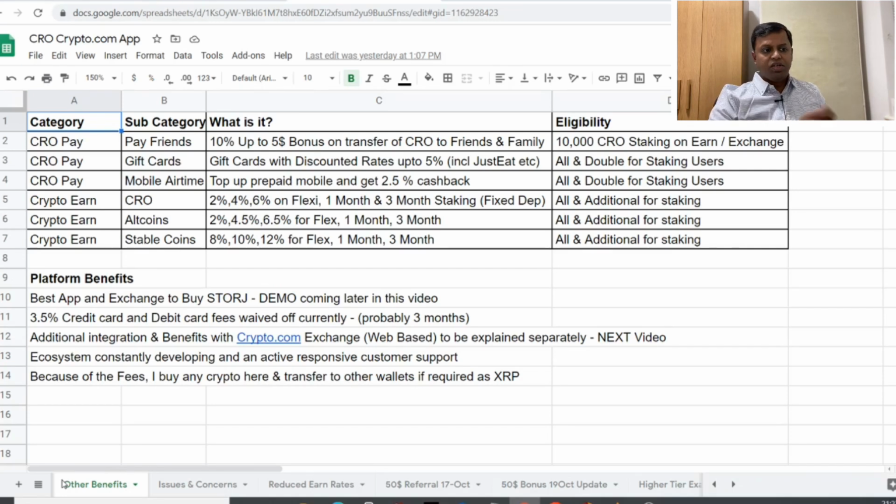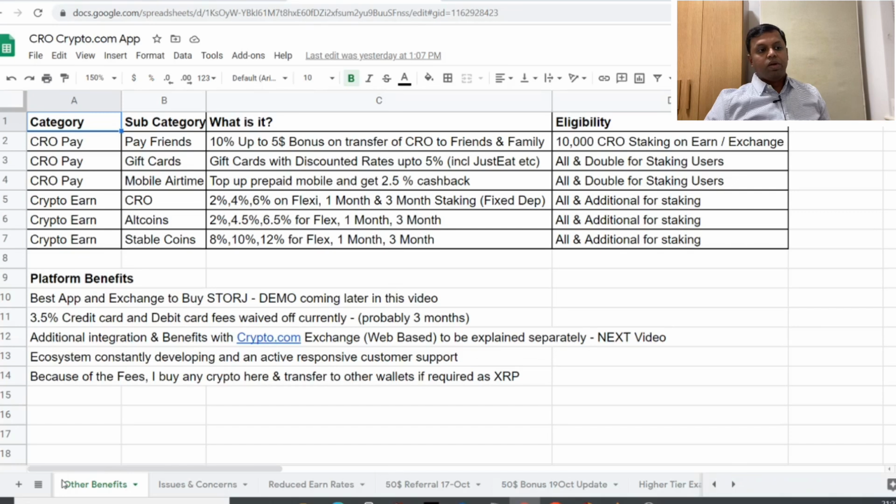And it's quite easy to use. They have websites for it. I'll give you the website links as well, and it quite clearly explains in each of the concepts how to use it, Pay Friends or gift cards. You can top up mobile for your friends or for yourself, and you get 2.5% cashback as well in a lot of countries. And then there is obviously the Crypto Earn, which is a fixed deposit, not just for CRO,